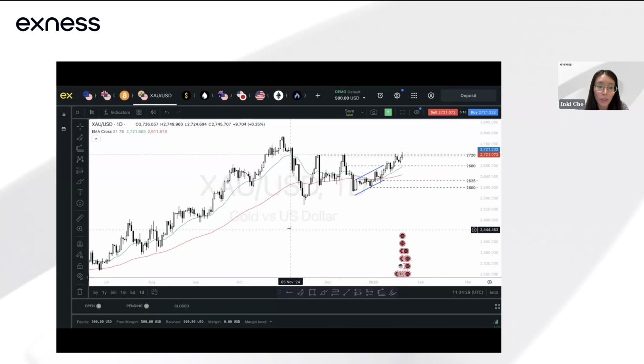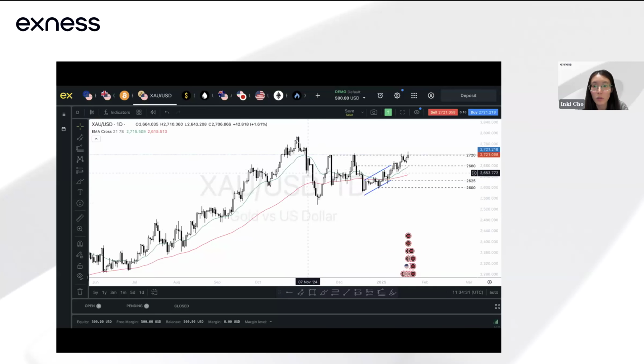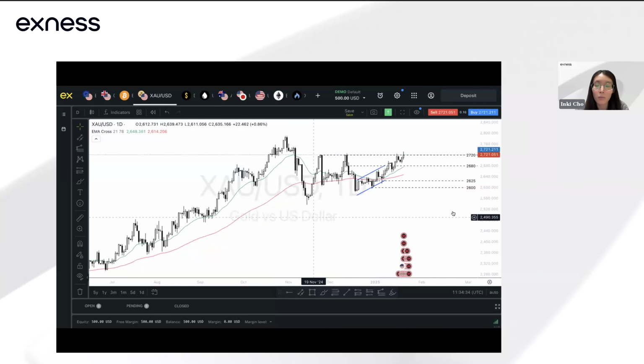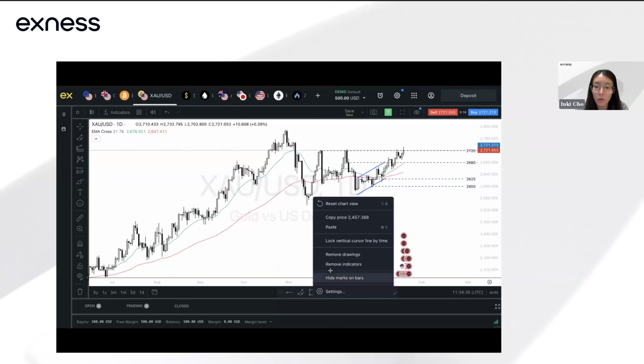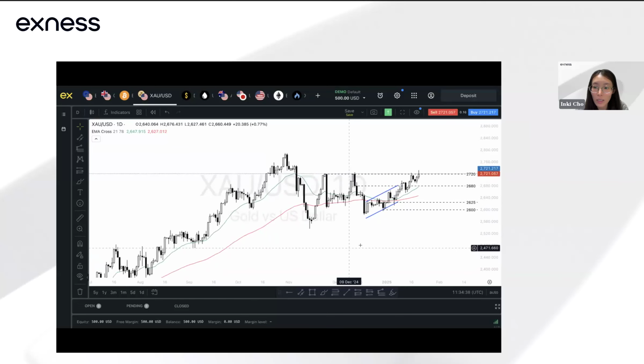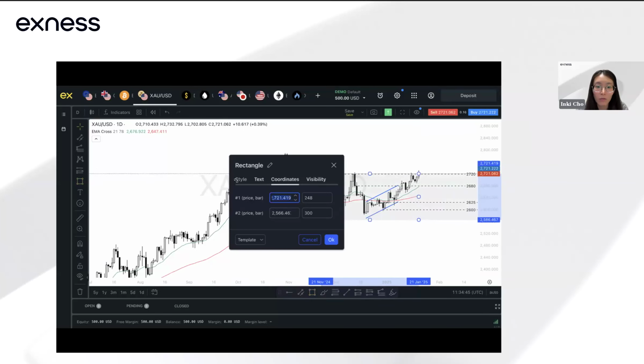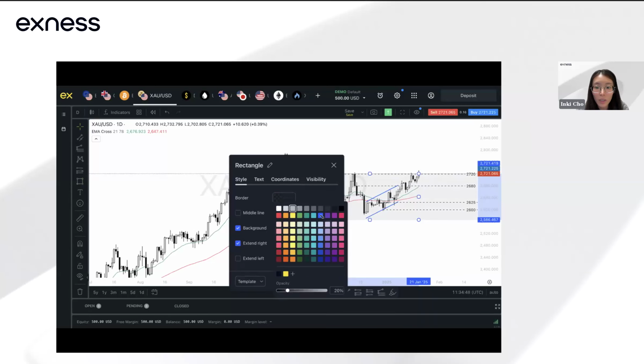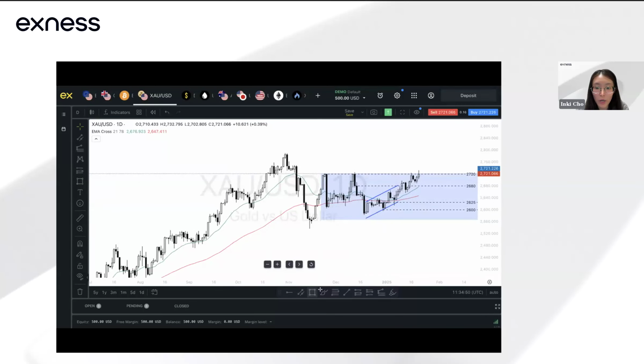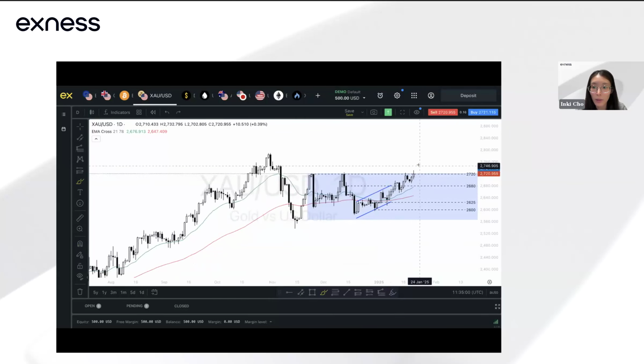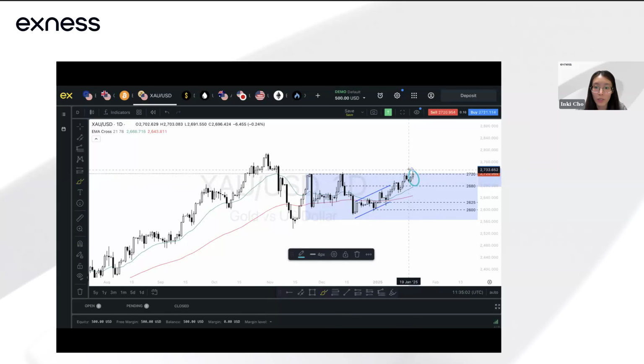So those are a few things to note in terms of the fundamental side of gold and what has been driving prices. Now, if you take a look at it from a technical perspective, on the daily time frame, you can see that gold has really been just hovering within this range. The much bigger range that we have is this boxed-up area that I put in blue. You can see price holding it as a resistance. Even now, price did not actually break above this high, which is the 2720 region. We saw a spike test this level, so a lot of it depends on whether price is able to close above this high.